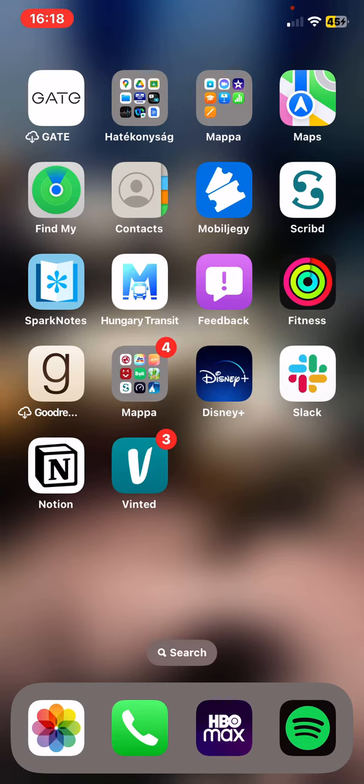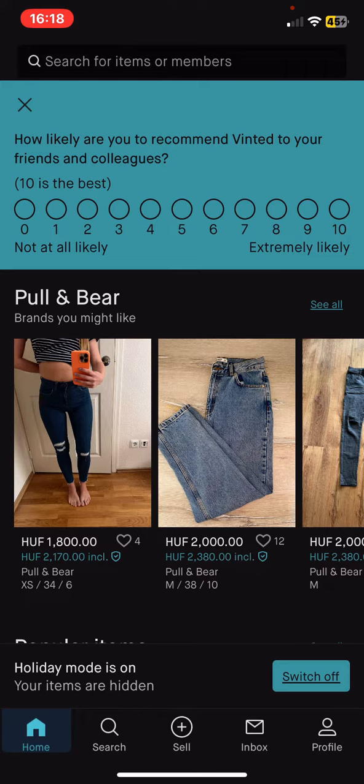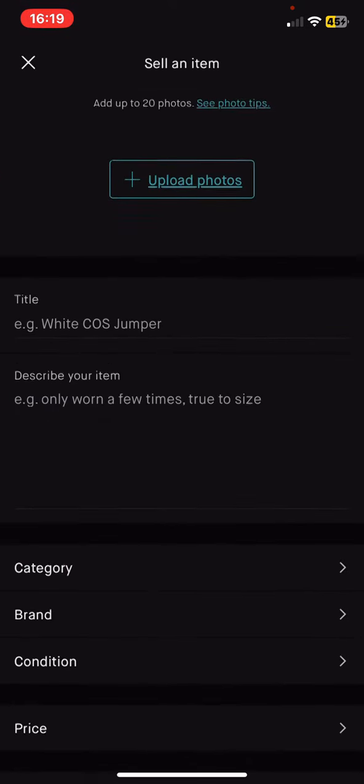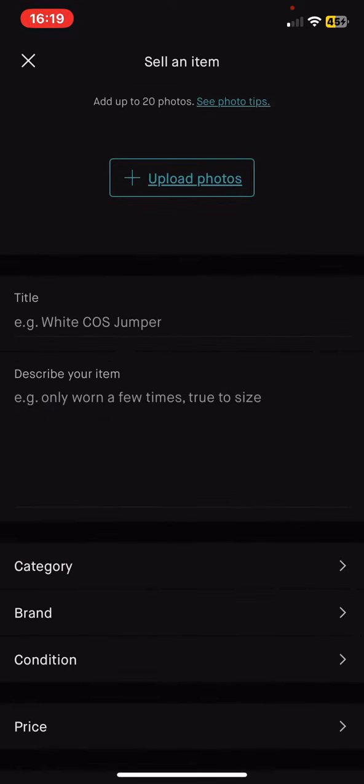Let's jump into it. First of all, open the application on your phone. And then click on the sell button at the bottom of the page. So first you can upload photos. If you click on the upload photos